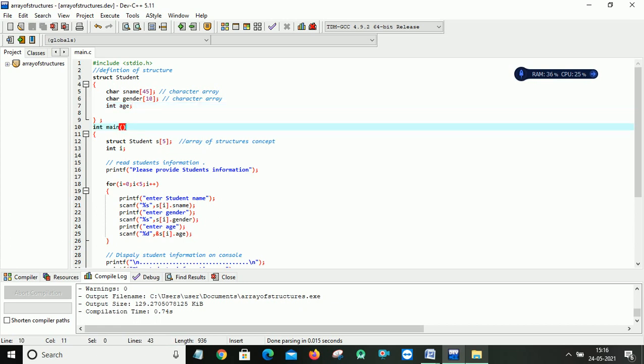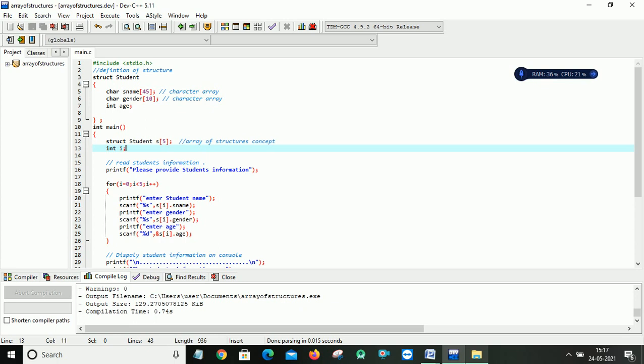So in this main function, I declared an array of structures. Why are we declaring an array of structures? Whenever I want to access 10 students' information, or store 10 students' records, it is difficult to create 10 structures like S1, S2, S3, S4, S5, S6, S7, S8, S9 and S10.